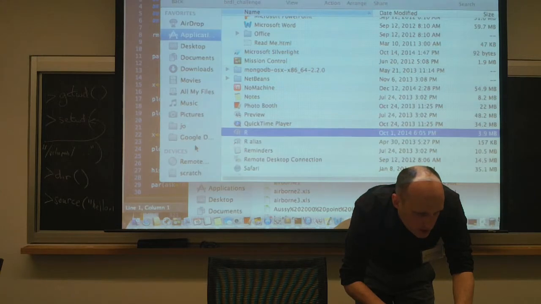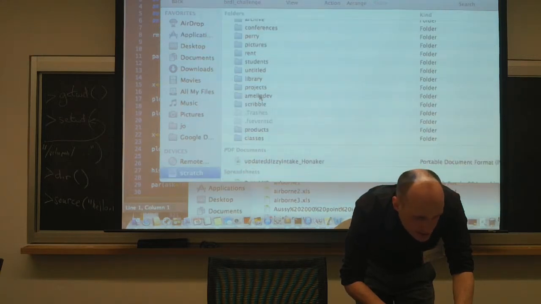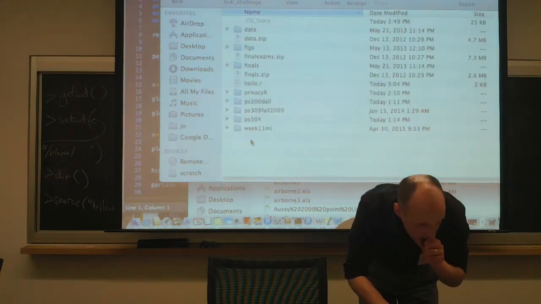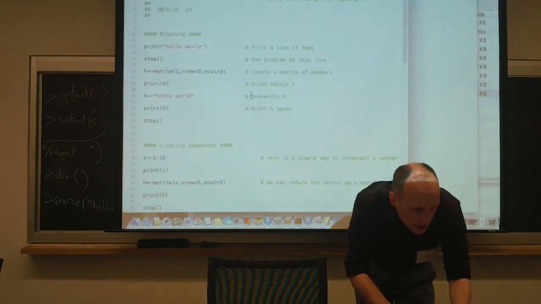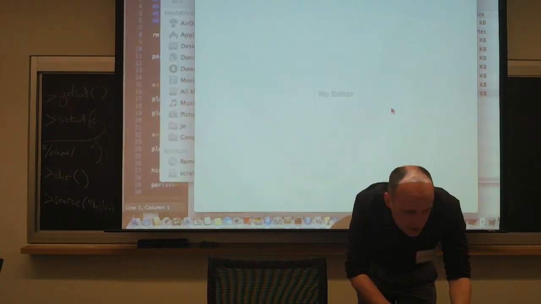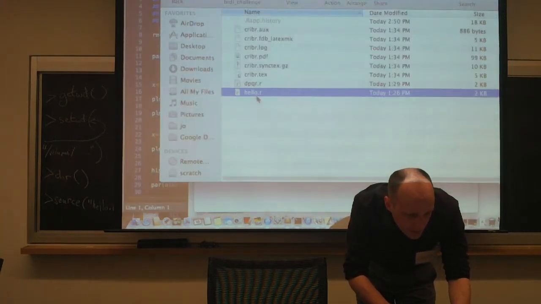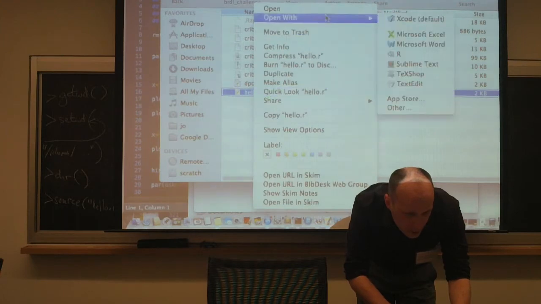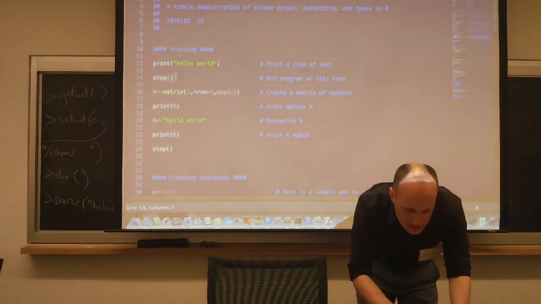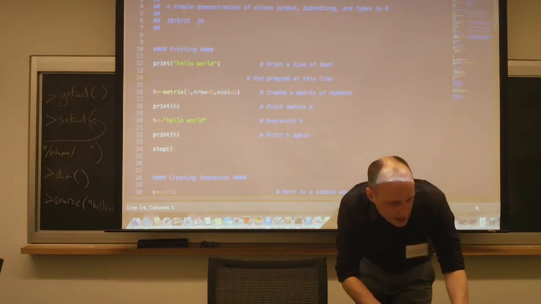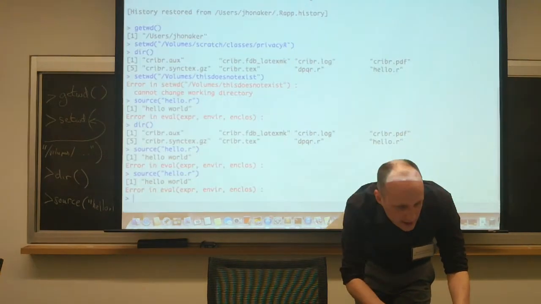I have multiple versions of that code in different places, so give me a second. Here's Xcode, which is also a reasonable editor, and color codes too, but I'm going to open it up one more time in Sublime. And yep, I was editing it at a different location, so now I'm going to save it, and I'm going to run it one more time, and it's going to continue.